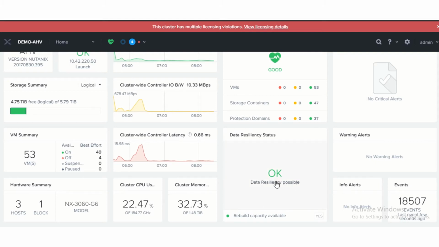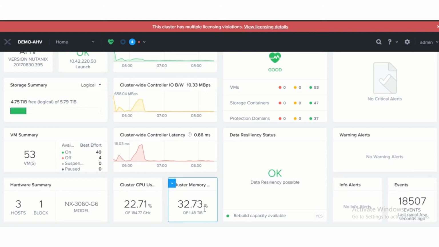The resiliency, this is the most important factor in the cluster. So for example, you have a 3-node cluster and one node is down, so to manage your cluster you need good resiliency. So that's the resiliency showing here. Right now all nodes in the cluster are up, so that's why the status is okay.